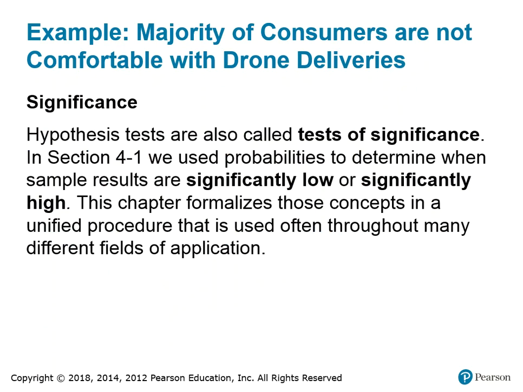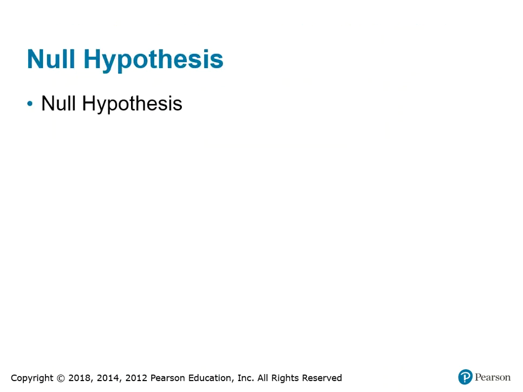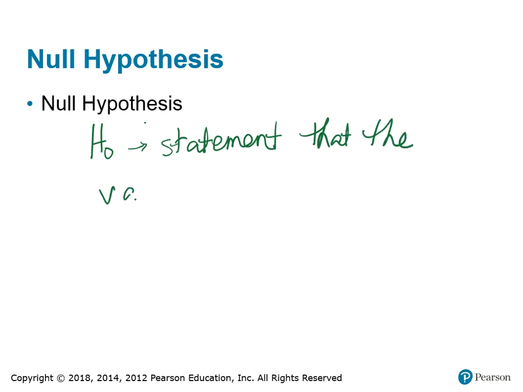We want to see if our test of significance is appropriate or not. We did start talking about this in Chapter 4. A null hypothesis, we use the symbol H sub 0, and that's the symbol we're going to use. It is a statement that the value of a population parameter